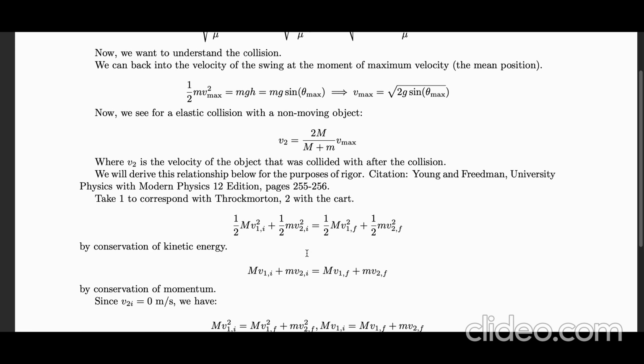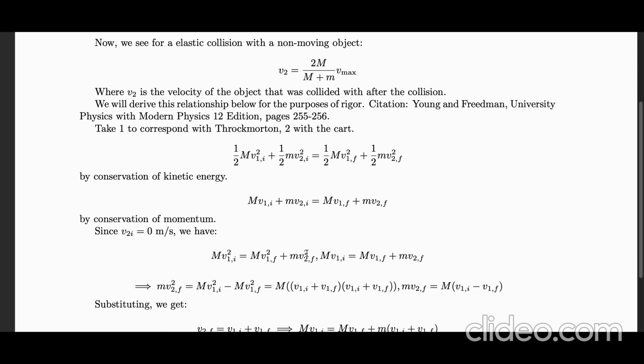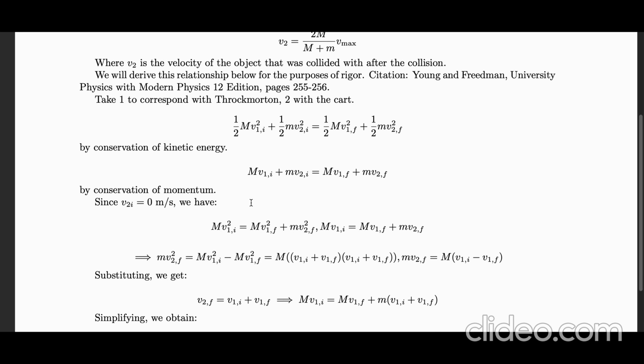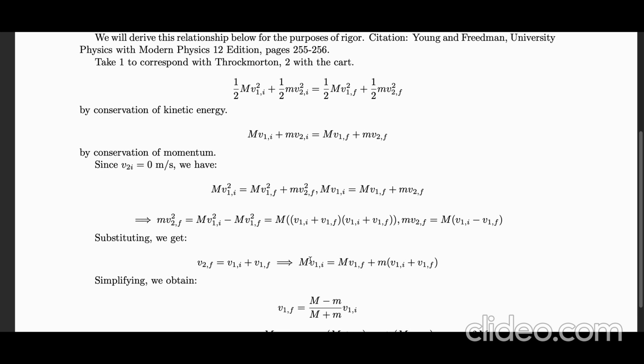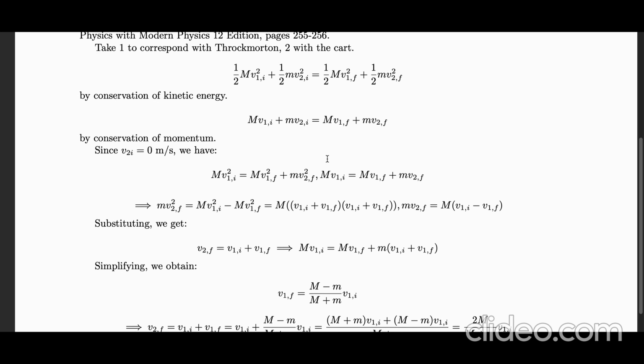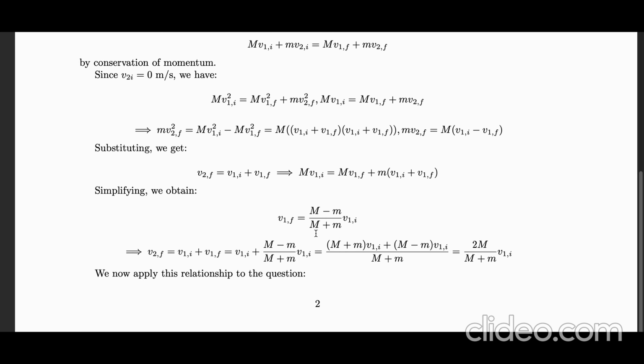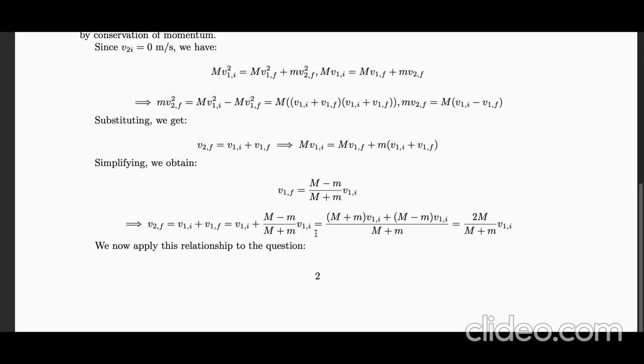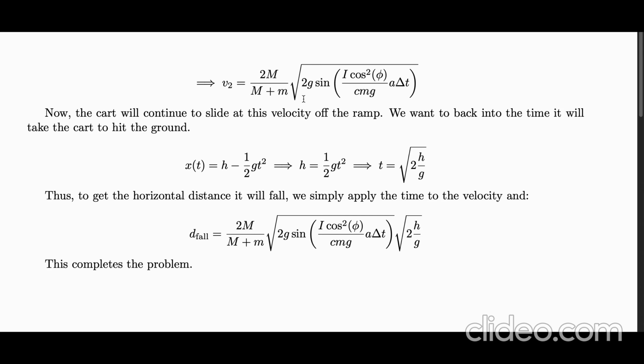Because this formula is quite easy to derive, you just have two equations, one for conservation of elastic energy, or kinetic energy, and one for conservation of momentum. Just rearranging them, playing with them, we would obtain the formula given up above. And we can finally just apply this relationship to our context. So plugging in V2F, V1F, etc., velocity 2 we obtain as this big looking formula, but we can just simply use this later because we're almost done with the